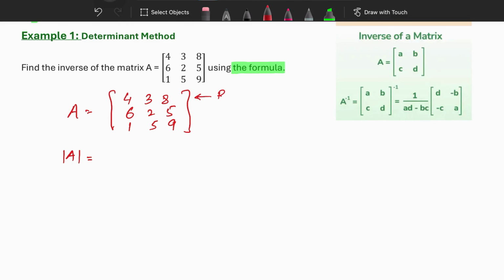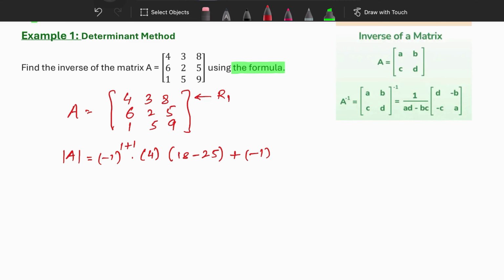Row number 1 is right here, so I'm going to go according to row number 1. First of all, negative 1 power 1 plus 1 into 4, since the first element is 4, first row first column. And now we have the determinant value, that's going to be 2 times 9 is 18, minus 5 times 5 is 25,